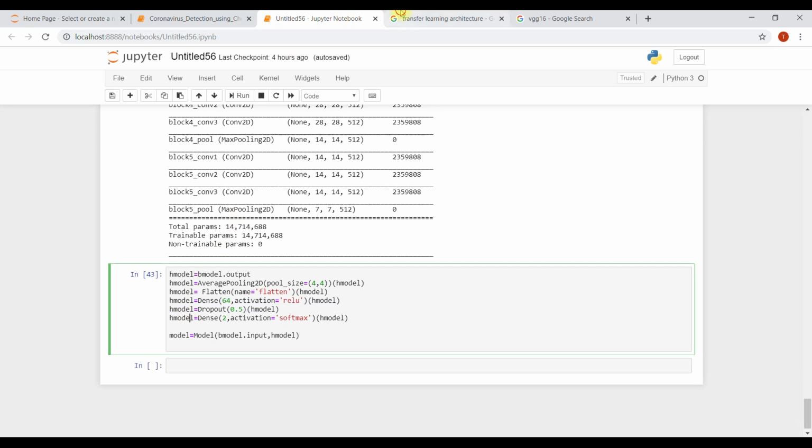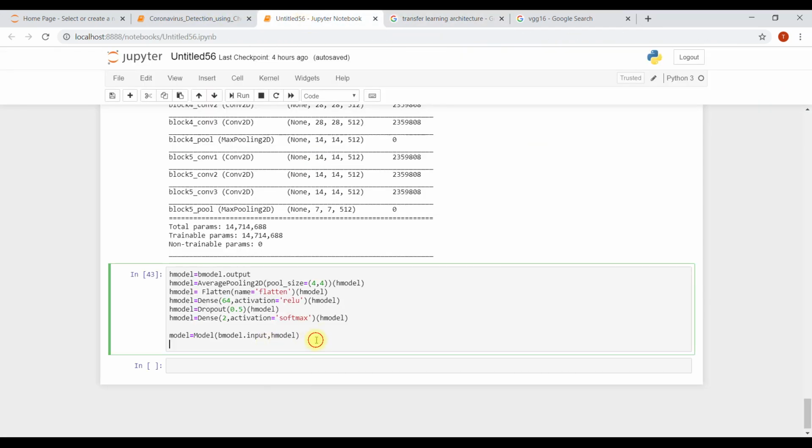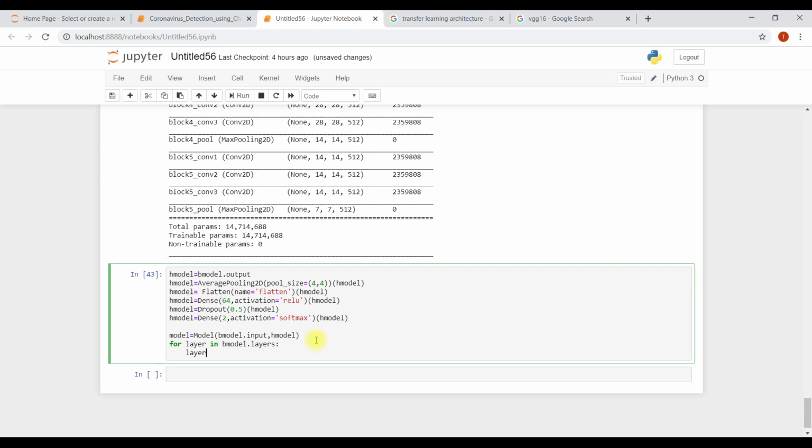So how do we stop the pre-trained model from training? For layer in base model dot layers, layer dot trainable equals False.